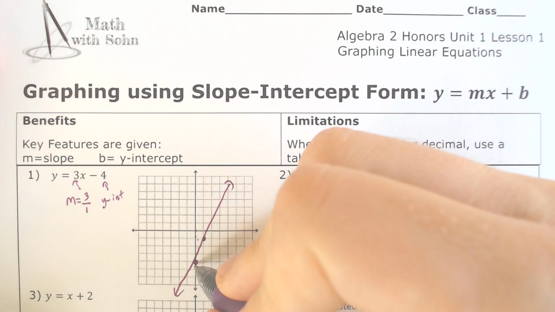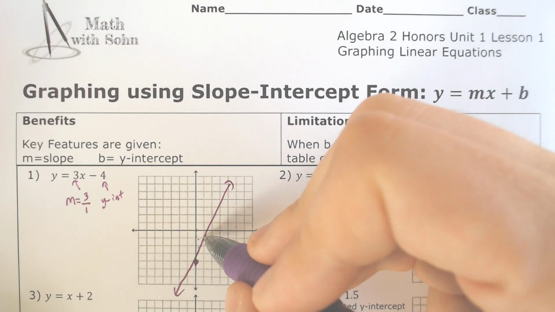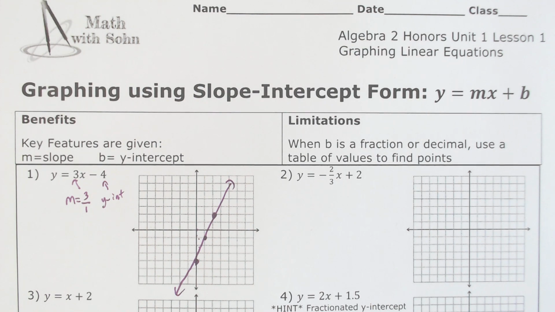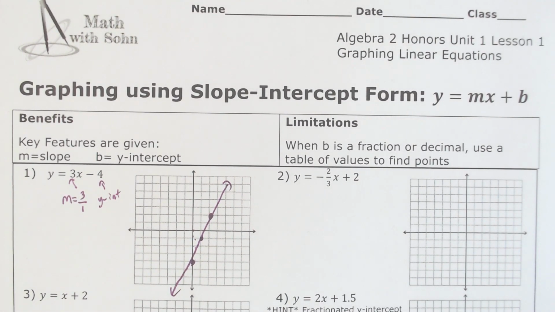And if you want to be even more accurate, A, you use a ruler, which I'm probably going to go and grab, and B, you can go up by 3 and over by 1 again to make your line even more accurate, okay? So the next one, you got a slope that is -2 over 3,